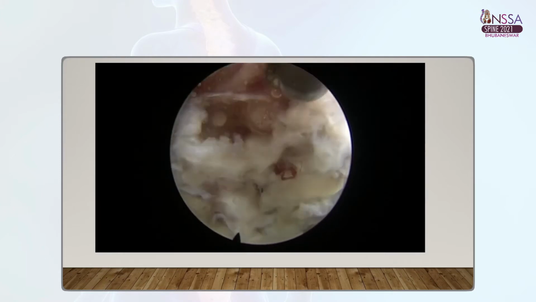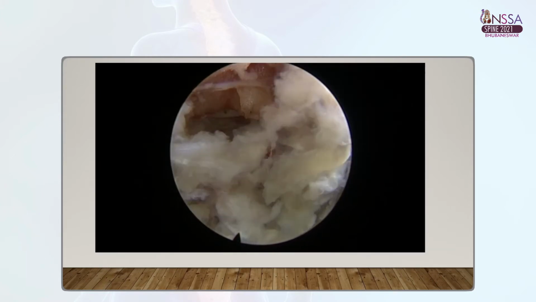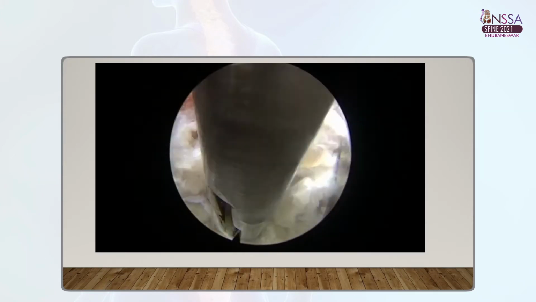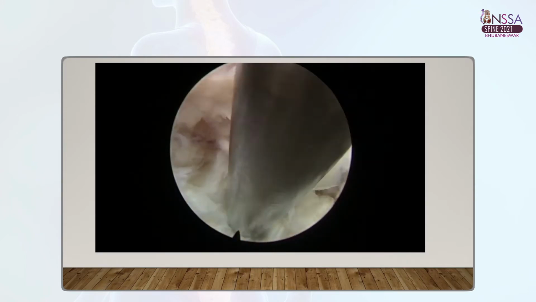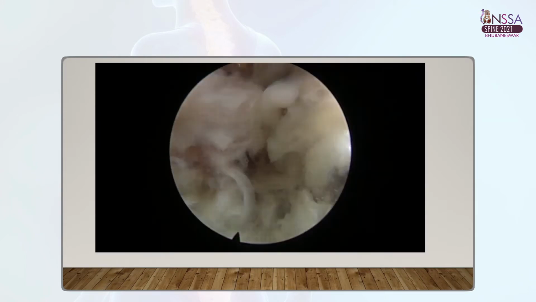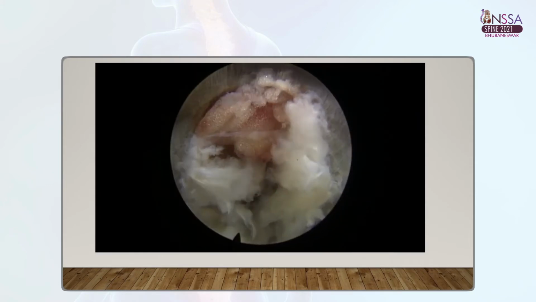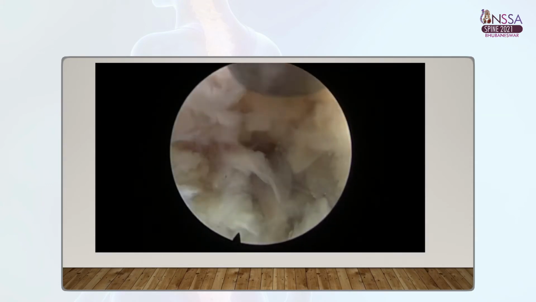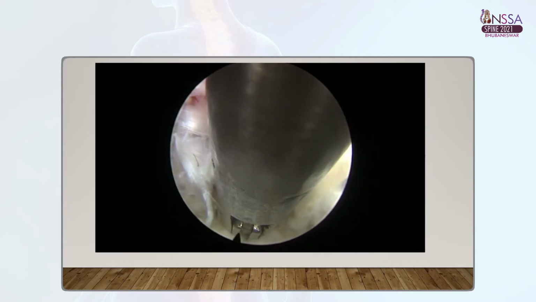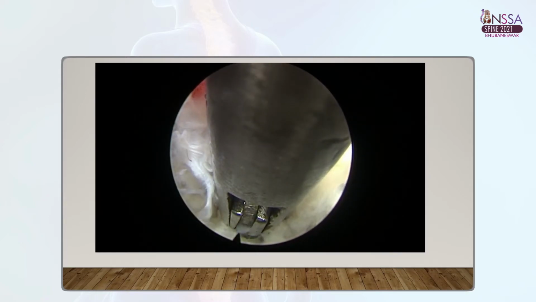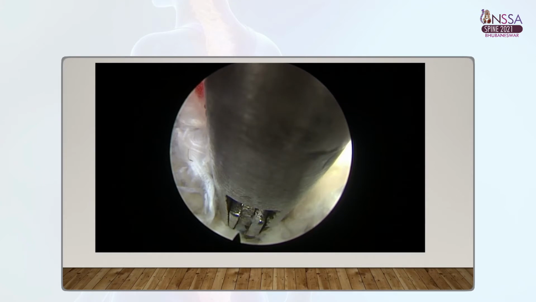You can see the epidural fat, the thecal sac area and the root area, and there's some epidural ooze which I coagulate with high frequency RF. Once loose fragments are removed, I use punches to remove the fragments which are of interest. So you can see a big fragment is coming out, which is just under the root.